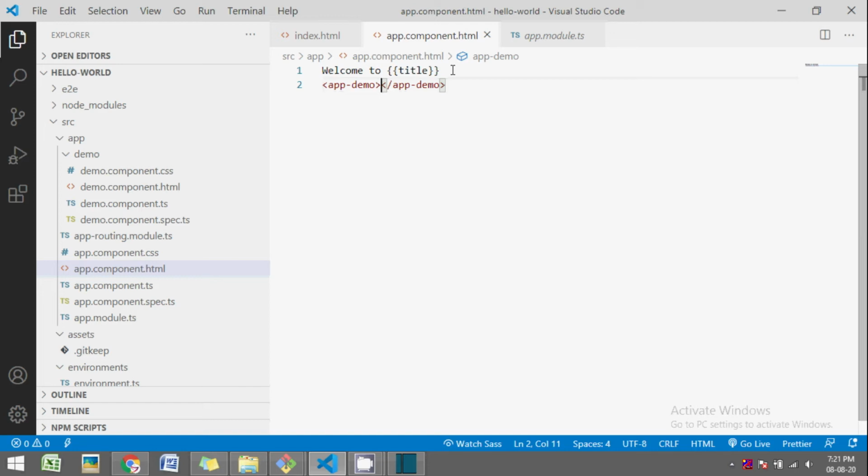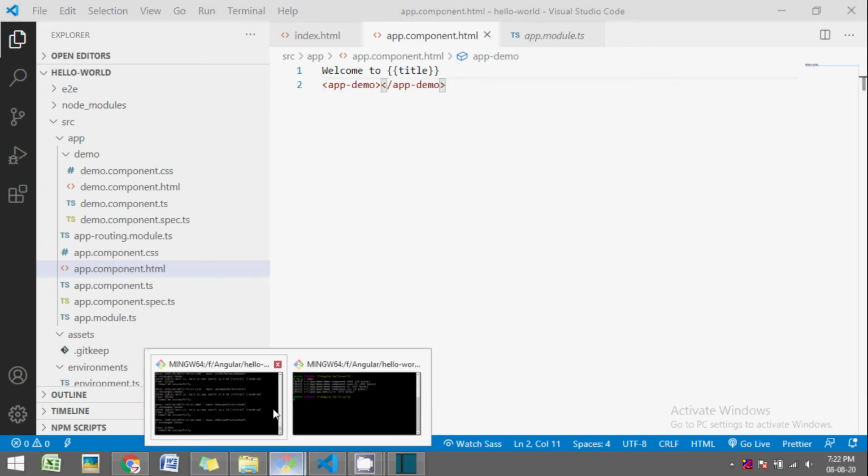Angular has only one root component and all other components will fall under the root component. That is why we include app-demo inside app.component.html. So save this, go to the command prompt and type npm start or ng serve, and go to the browser. You can see the template for our app component and the template for the demo component is displayed.